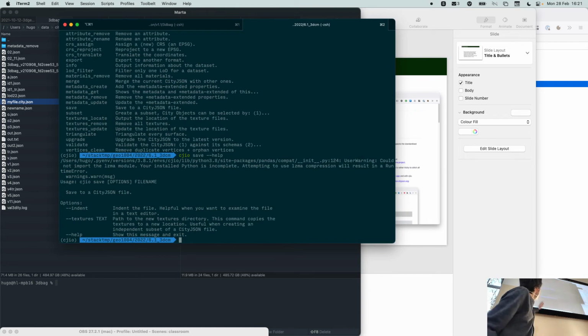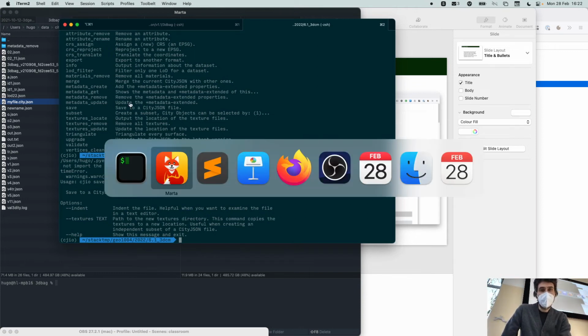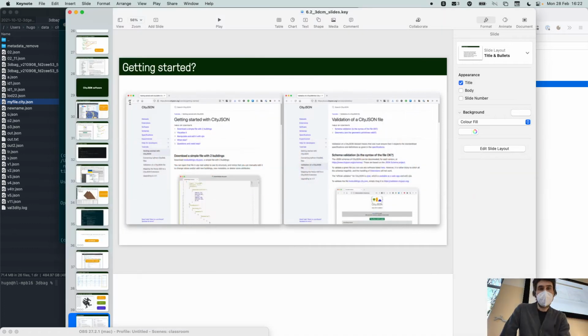And then it says save to a CityJSON file, blah, blah, blah, indent. Oh yeah, so indent the file, useful when you want to examine the file in a text editor. So if you save something and you want to have the nice format that uses more space, you just put save, --indent, and then you're going to have it. Are there questions about that?